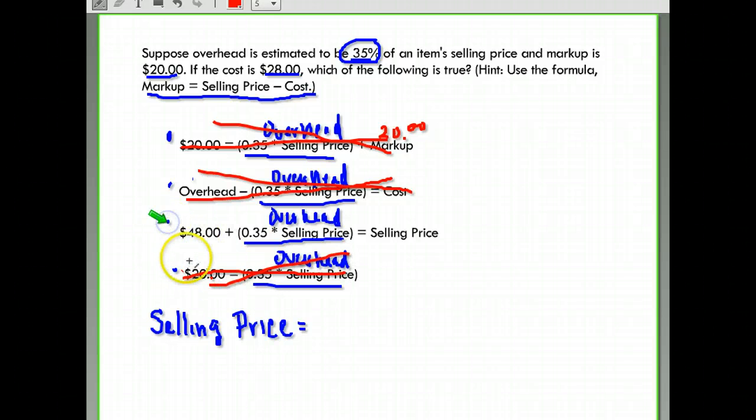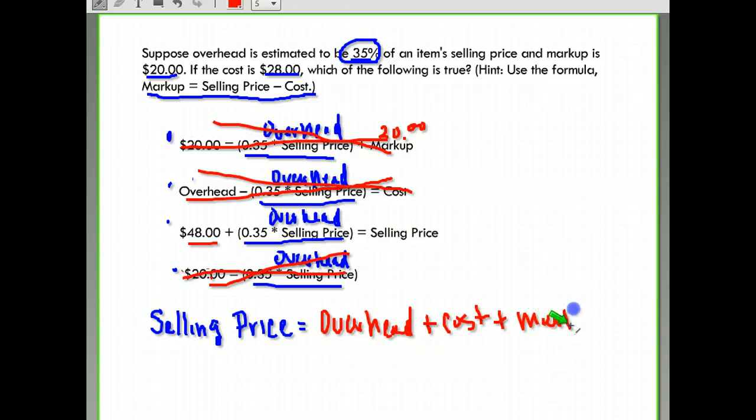And let's take a look at this one that's left. It says $48. Where would $48 come from? Well, notice we had a markup of 20 and a cost of 28. So this one really makes the most sense. Okay, because what is it saying? It's saying the selling price is our overhead plus our cost